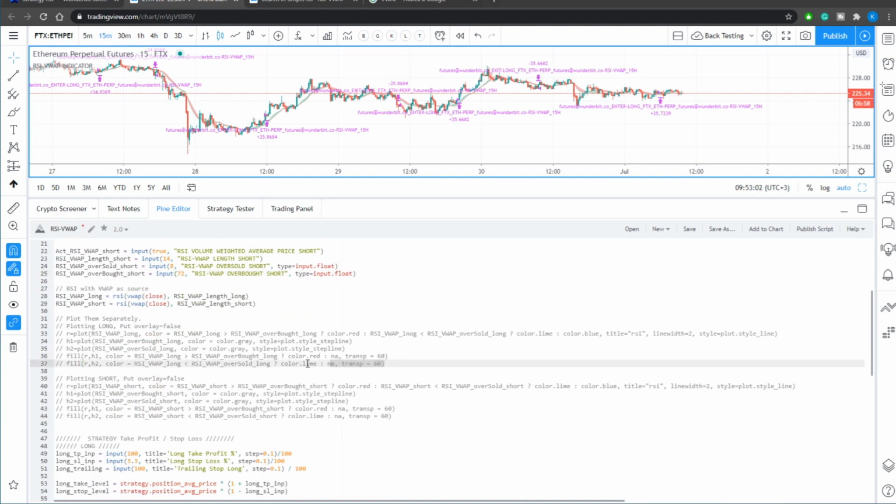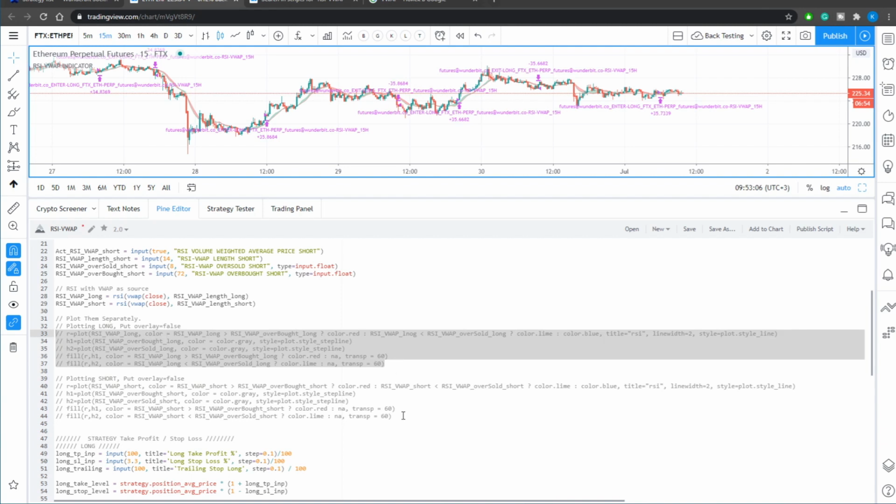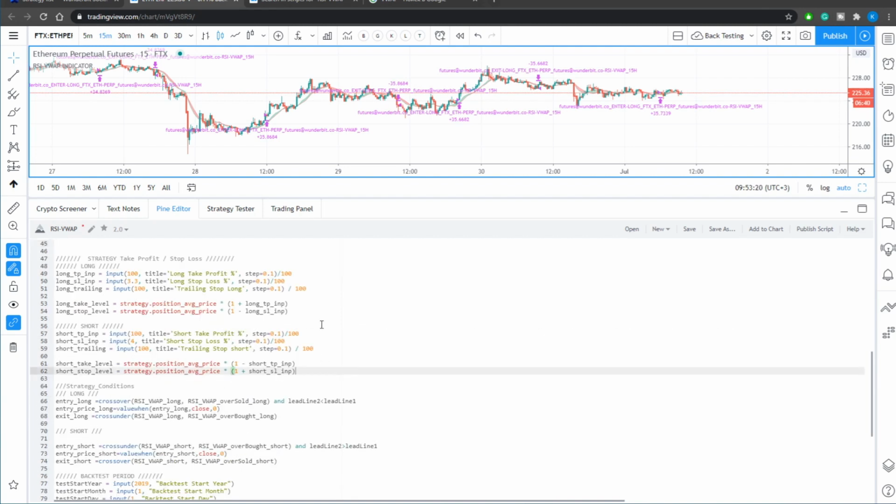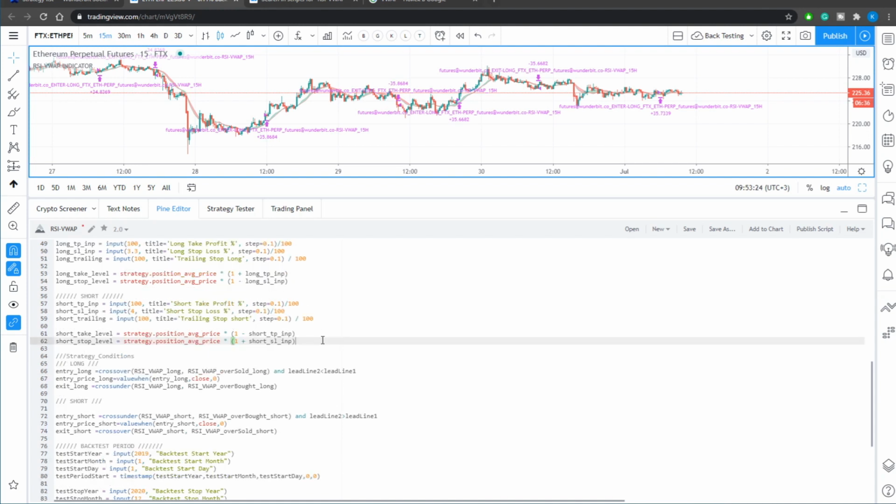We left the plotting functions as well, so if you want to see the indicator for long or for short, you can plot it. We also added the take profits, stop losses and trailing stops. However, in our settings, we understood that we are only using the stop loss, and this is the only thing which matters for this particular strategy. So your stop loss for the long will be 3.3%